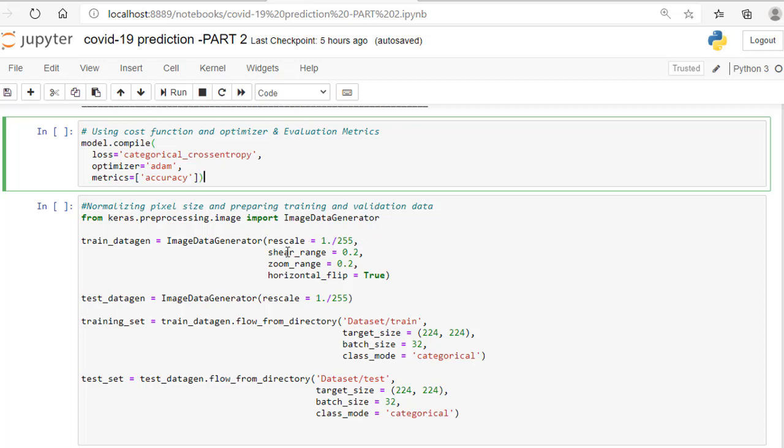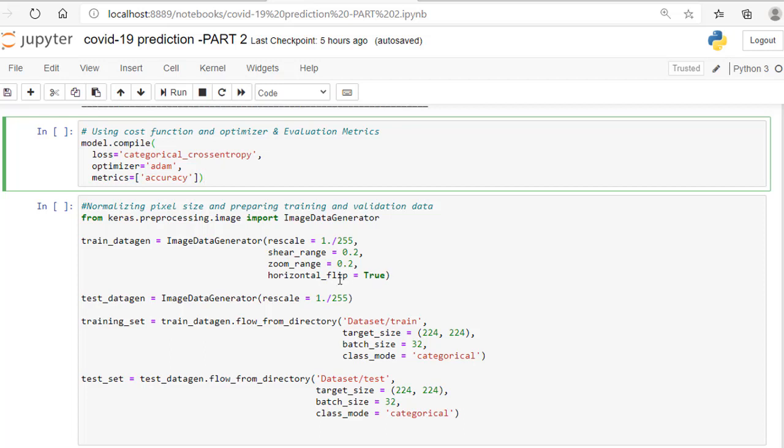And then here I am taking shear range equal to 0.2. This shear range actually means the image will be distorted along the axis, mostly to create or rectify the perception angles. It is usually used to augment images so that computers can see how humans see things from different angles. So that is why we are taking this. And zoom range, if I want to zoom this image, so I am taking 0.2, and my horizontal flip is equal to true.